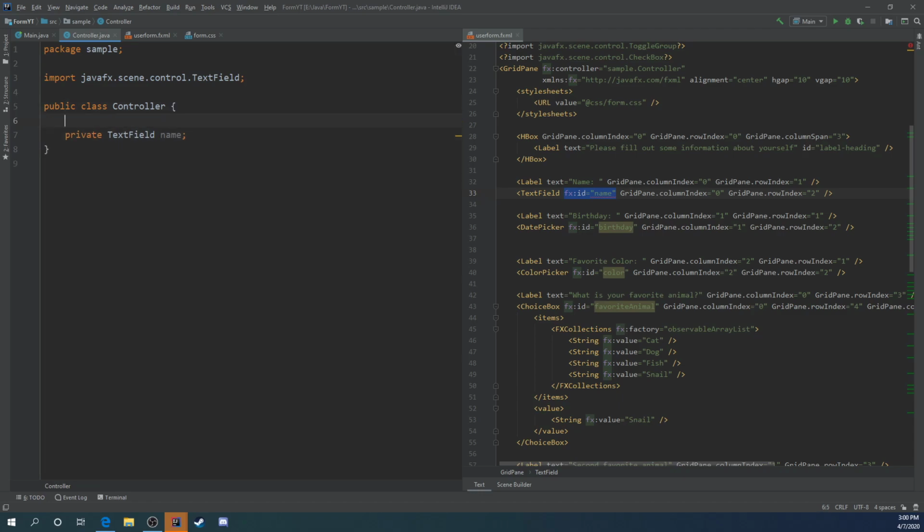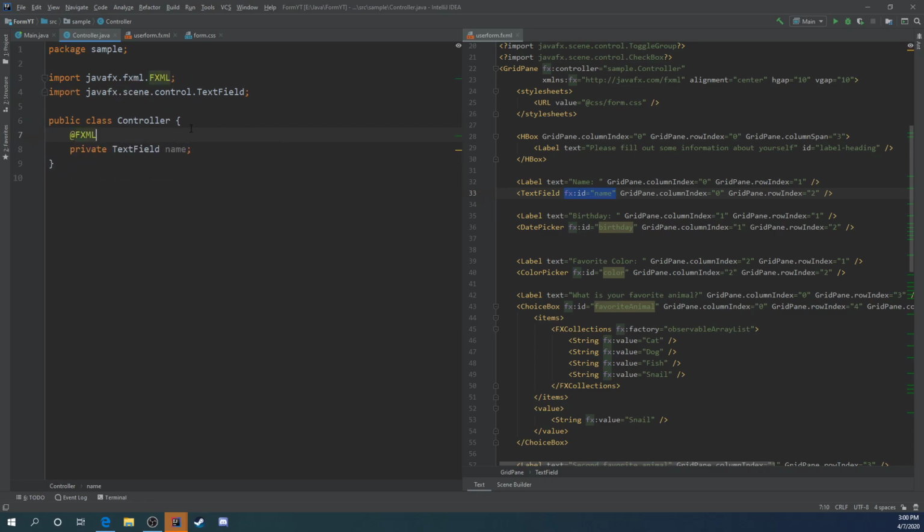The last thing you're going to need to do is specify @FXML here, and then make sure that it's imported properly. It's basically telling the JVM that these two should be connected. If not, you're not going to be able to get the data from here and put it over to here. So we're going to be doing this a lot. So @FXML